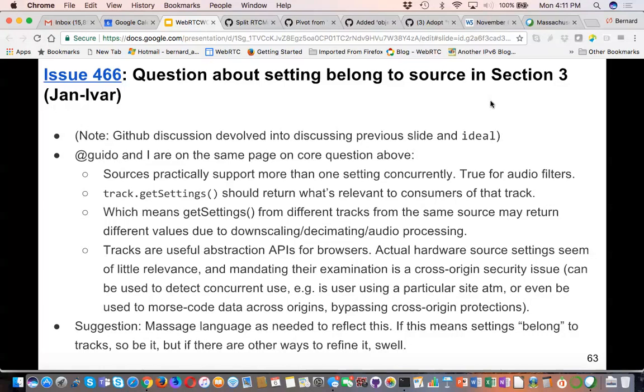Another way this manifests is when we talk about constraints. We should specifically think of a microphone or camera, the producers of tracks. We have already defined which of these were constraints. Echo cancellation, for example, what does that mean outside of the microphone?